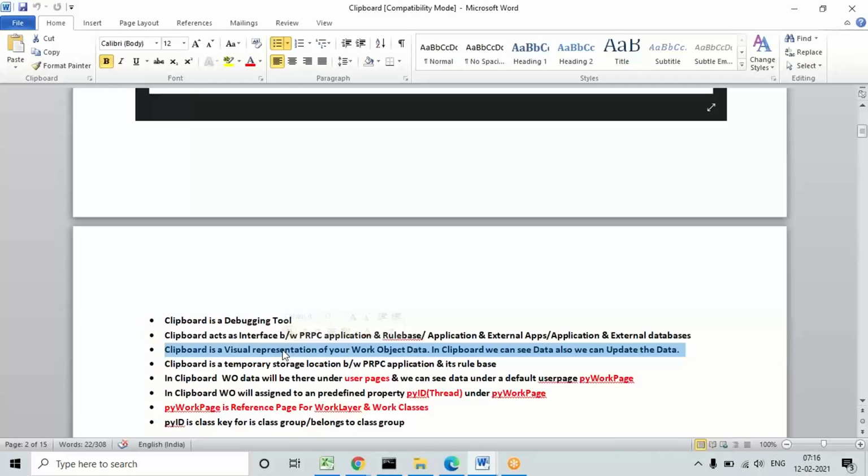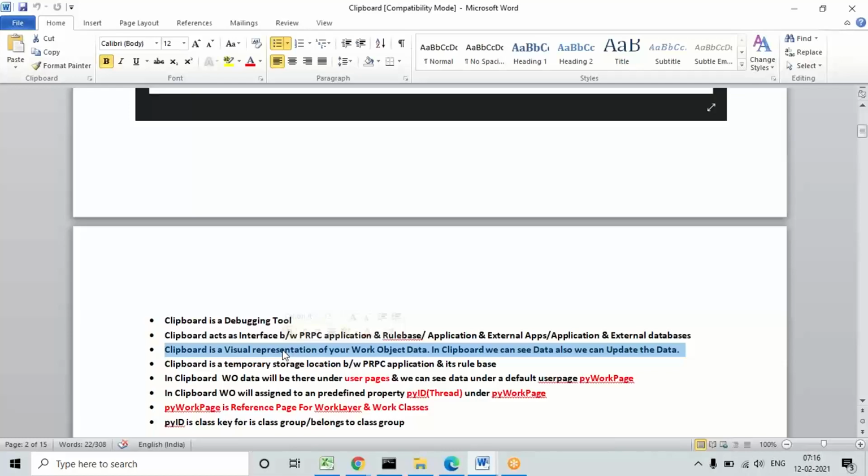Suppose I want to check yesterday's execution now, I can't, because the transaction is already closed. If I execute any new data again and submit it, I can check it in the clipboard now. But the past data I cannot check. Only the latest transaction information can we check in the clipboard.